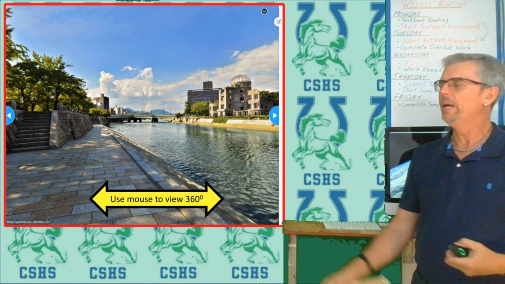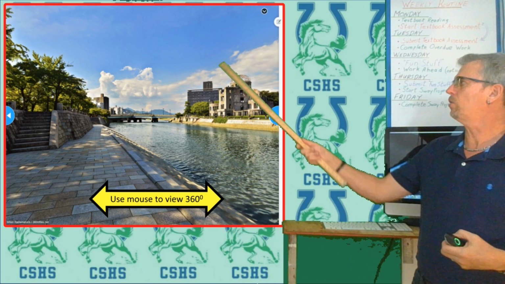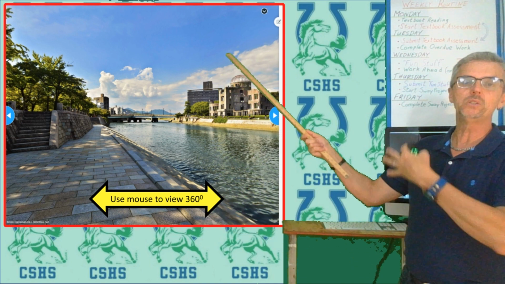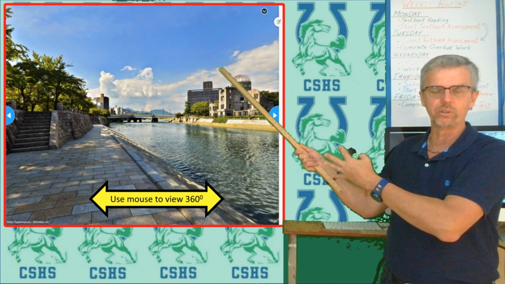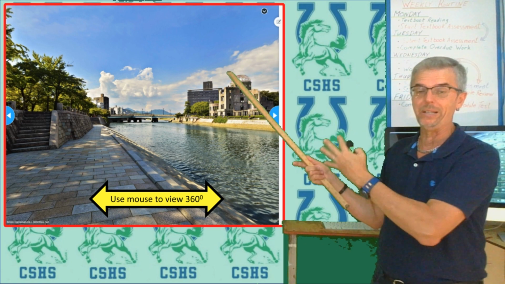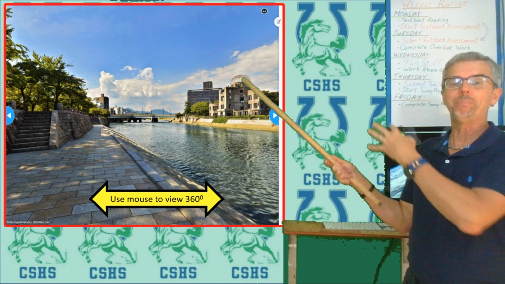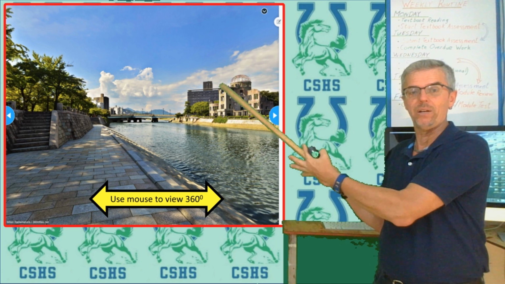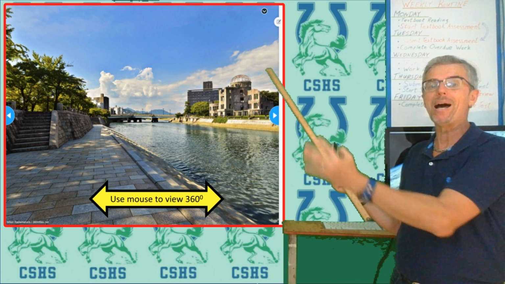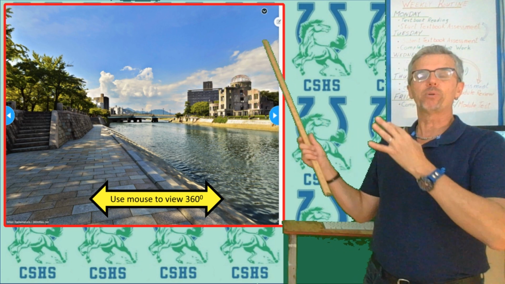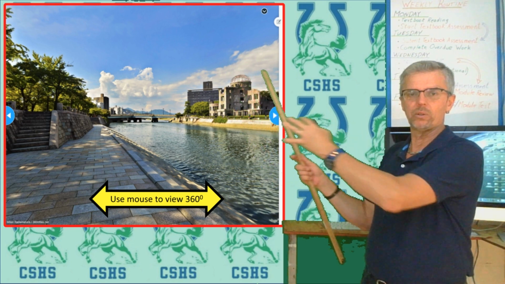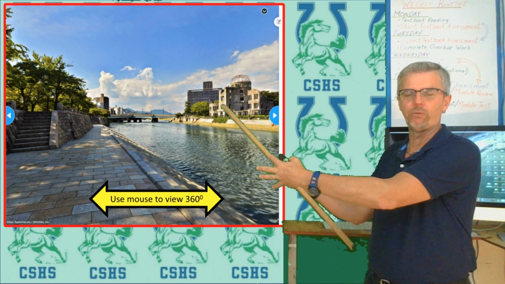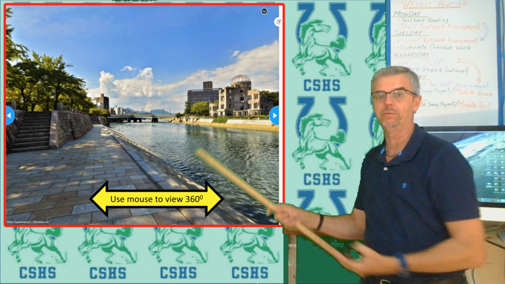And here you can see the atomic dome. This is the only building that stayed standing. They have preserved it. They've strengthened it. I mean, it was ready to fall down after the bomb, but because it was the only thing left standing within miles, they preserved it and strengthened it so that it wouldn't fall. So this has been reinforced so that it could stand for, well, now it's been